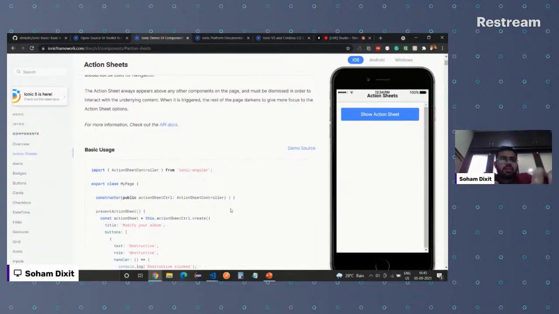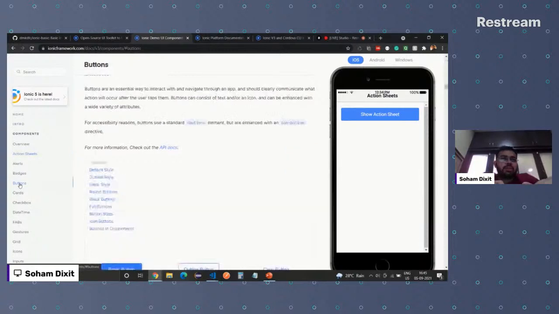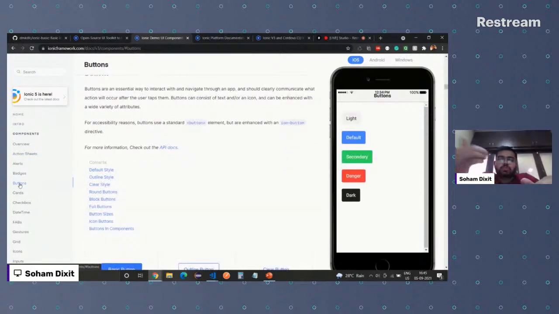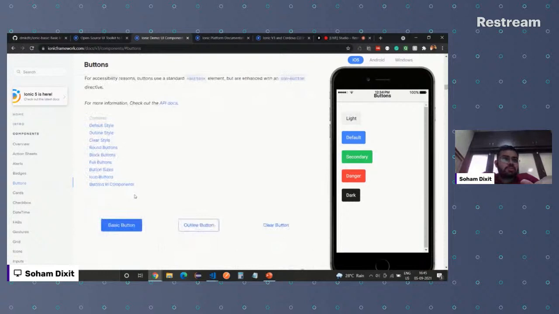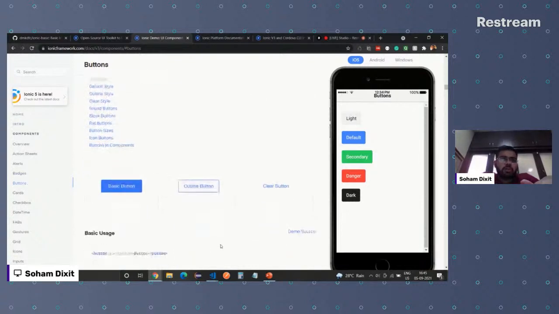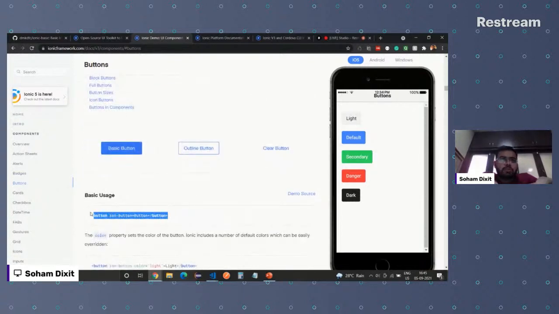So fine, I can ask you where. Fine, okay. So you say we are going to add a button. So it's easier, right? When I said the application development is quite speedy, we can actually build a good application at quite a good speed. There are these button components over here. We just have to add this code in our application, and that's it. We can get that button added in our application.